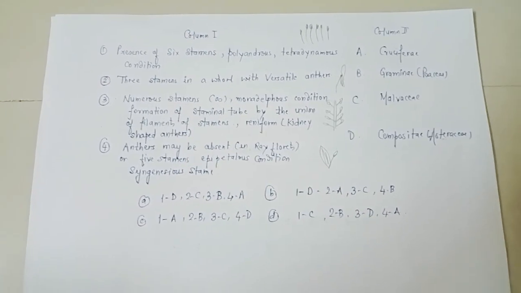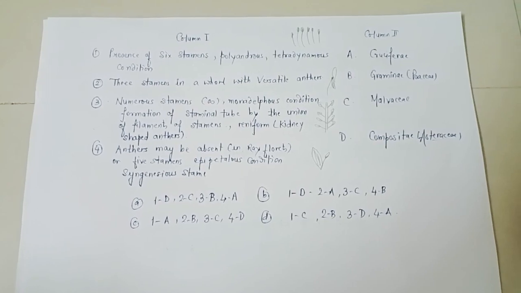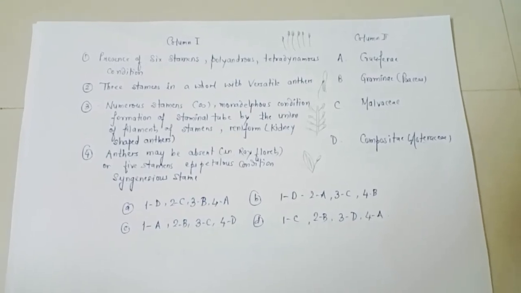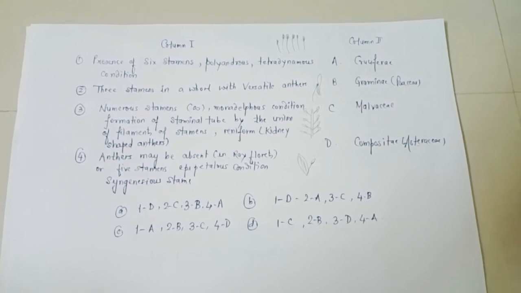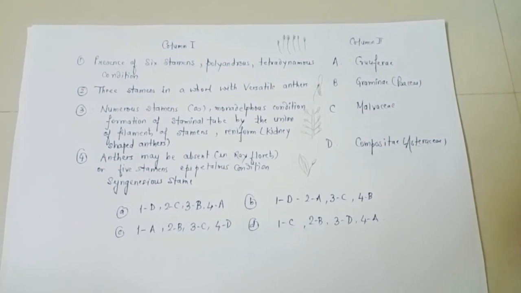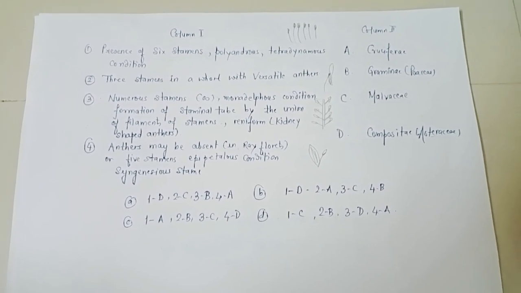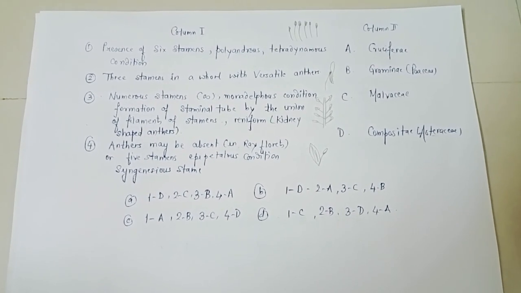Now this is a set of questions where we have column 1 and column 2. In column 1 there are a few characteristic features of androecium, and in column 2 these are the respective families to which it is assigned. So the first